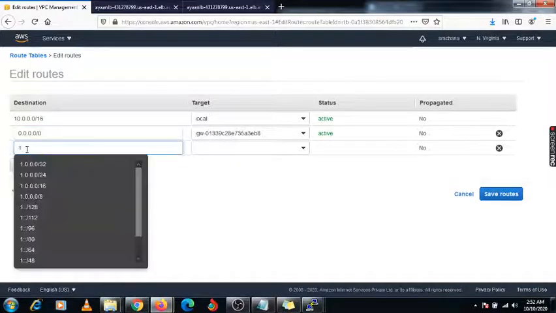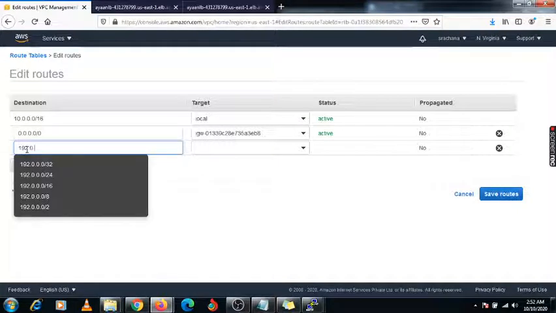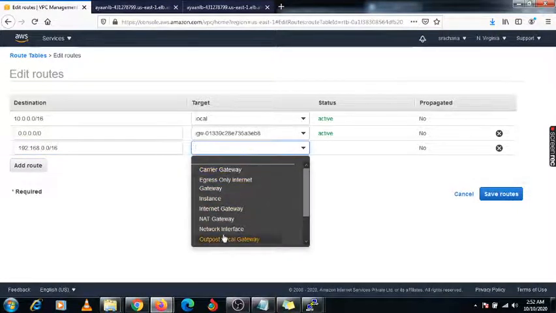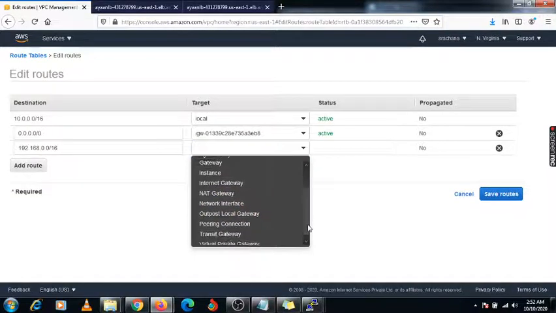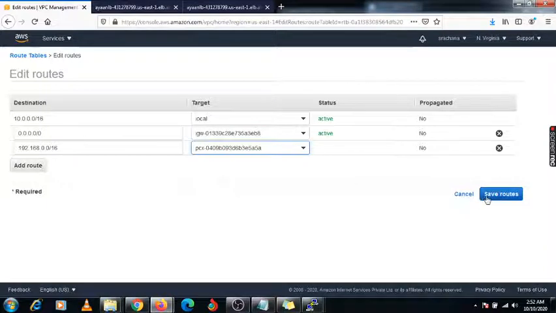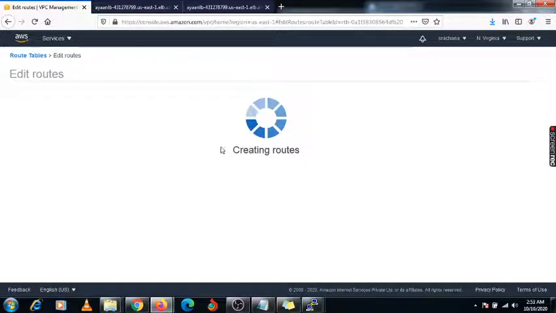Here you need to specify the path for this other VPC, that is 192.168.0.0/16. And here is the option, the peering connection, that we have created. Then save it.